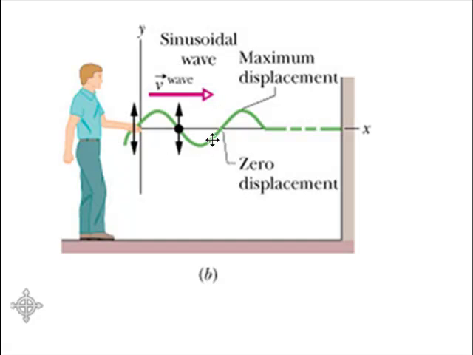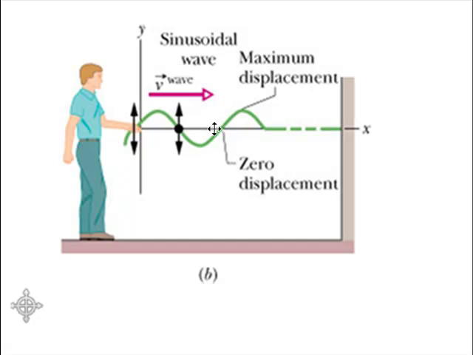This picture is of the wave at a single moment in time, as if we've taken a snapshot. The shape of the string, then, is known as the wave form. In this case, it's a sinusoidal wave. It doesn't have to be, but the mathematics works out very nicely for sinusoidal waves, and that's what we will focus on. We know that this disturbance is moving continually to the right here, but we've looked at it at